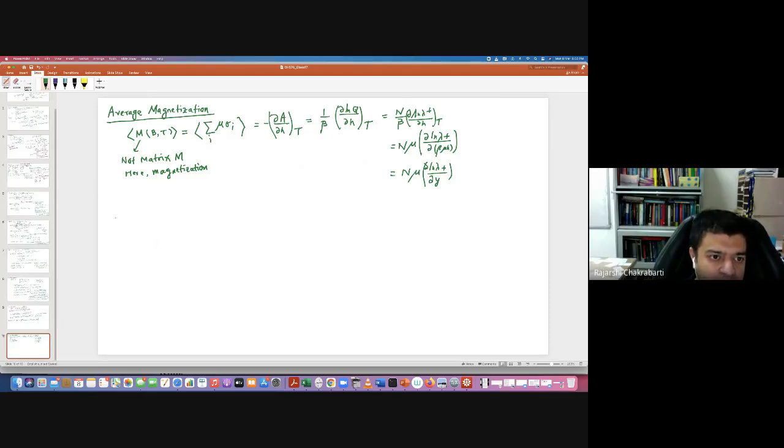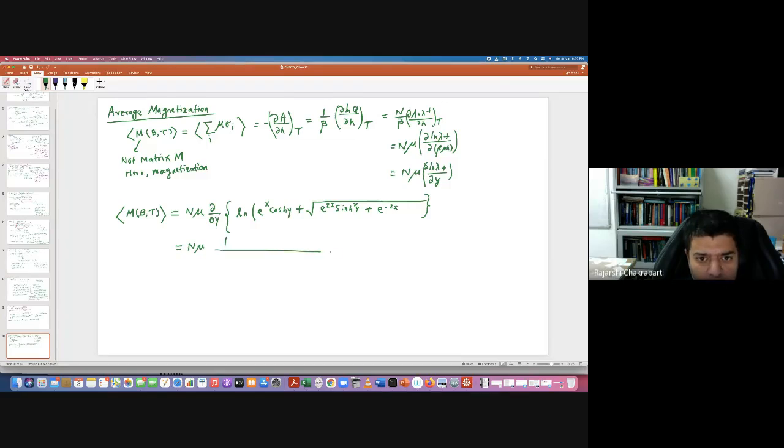So now let us calculate this average or mean magnetization. It is n mu d dy of ln lambda plus, you see n has come here. So what is lambda plus? Let me write down. Log of lambda plus is ln of e to the power x cosh y plus the square root of e to the power 2x sinh square y plus exponential of minus 2x. Now the derivative of this is 1 by the argument, which is